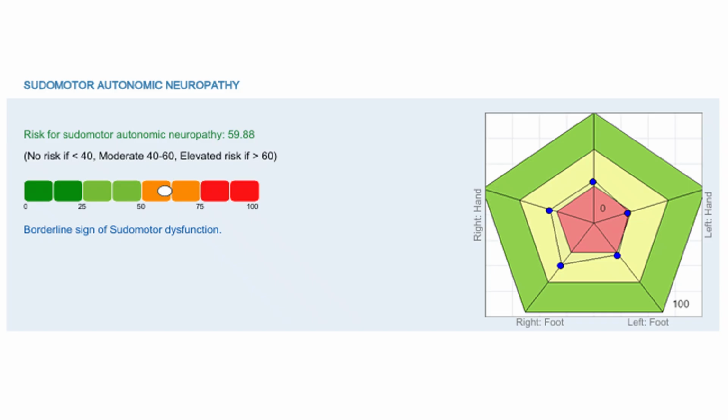So here was a summary of the pseudomotor autonomic system. Basically what I would like is for all these little blue dots to be in the green. They're not, but they're not as far in the red as I really would have expected given the amount of compromise this guy has, which tells me it's probably more circulation than nerve health as an underlying cause of this person's issues.